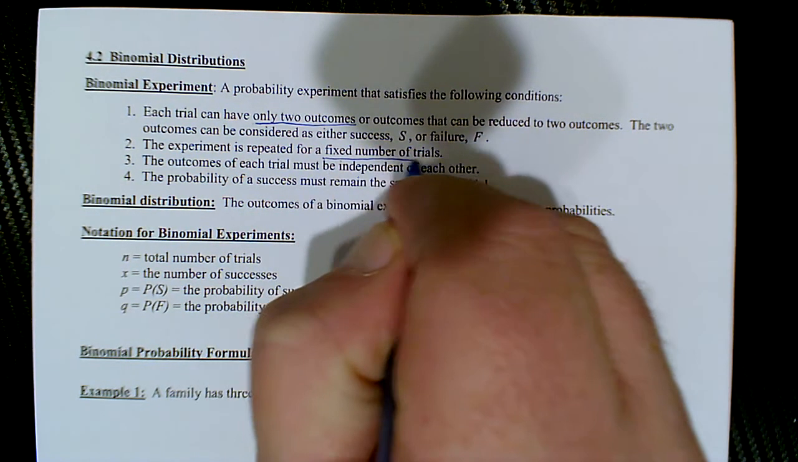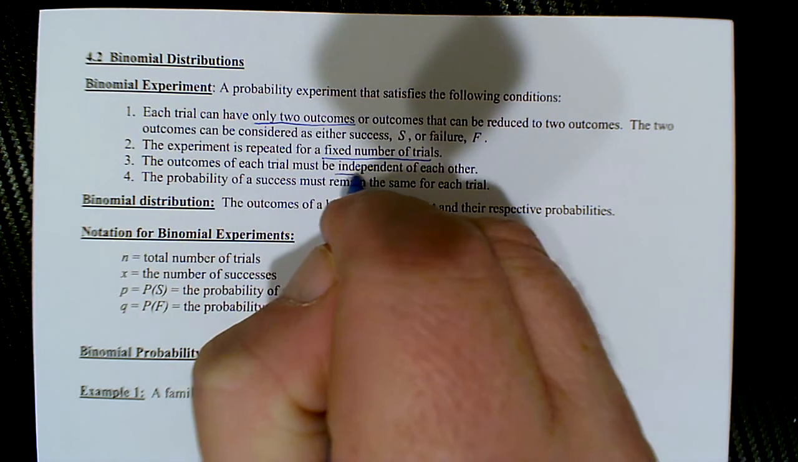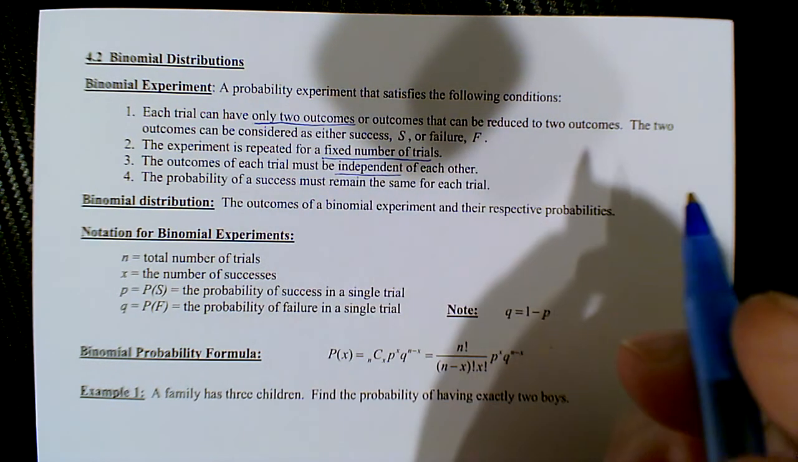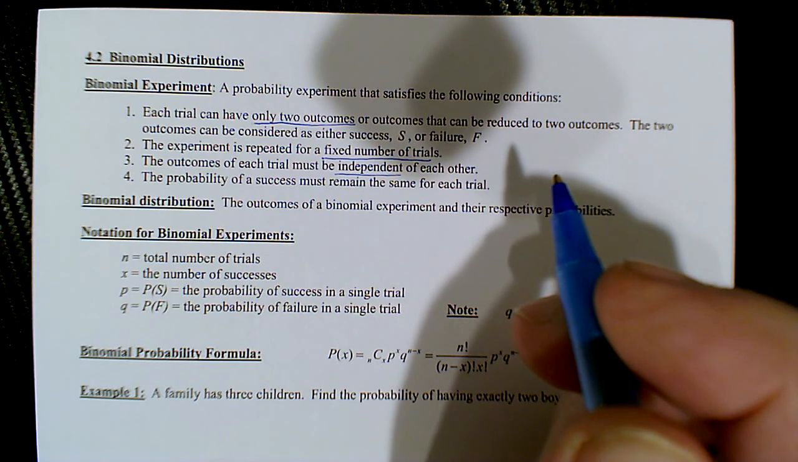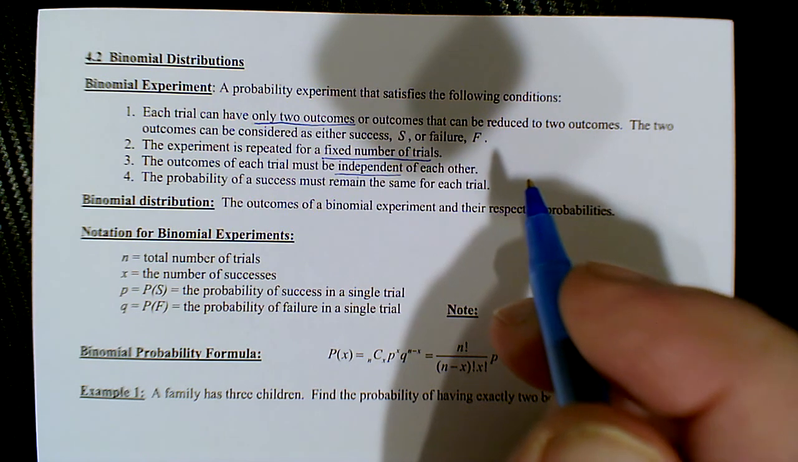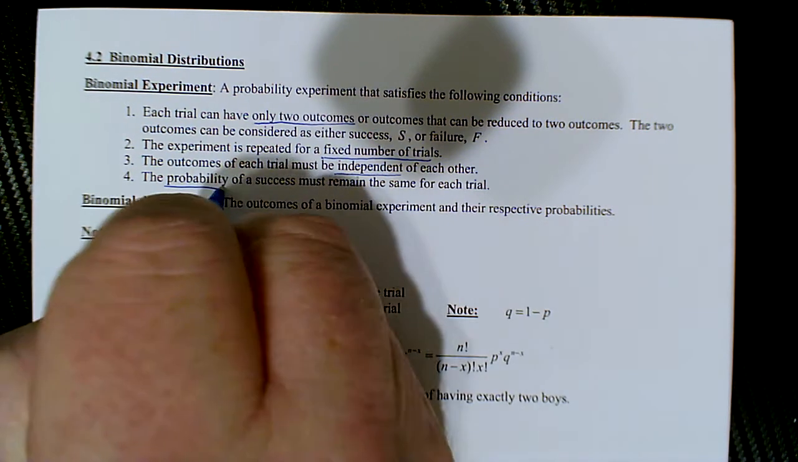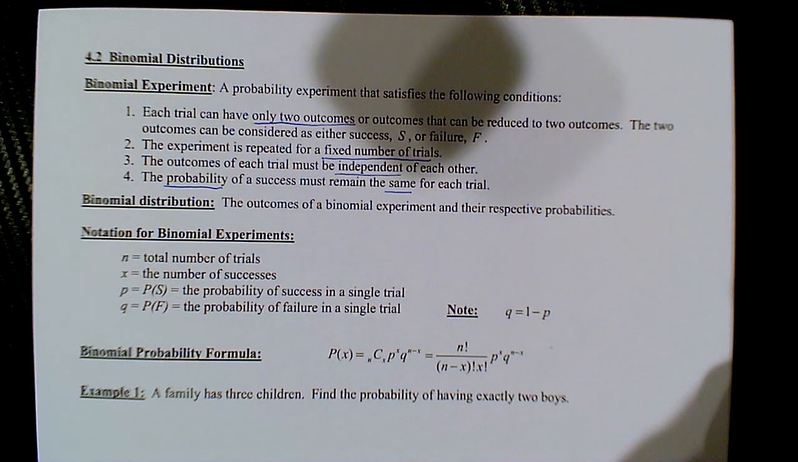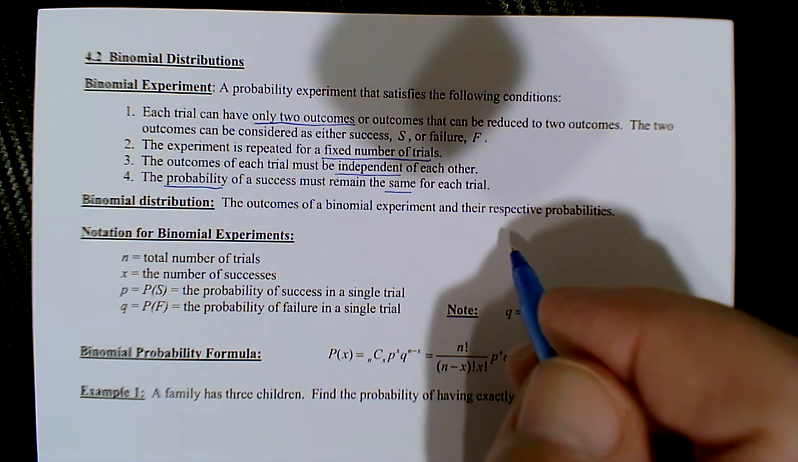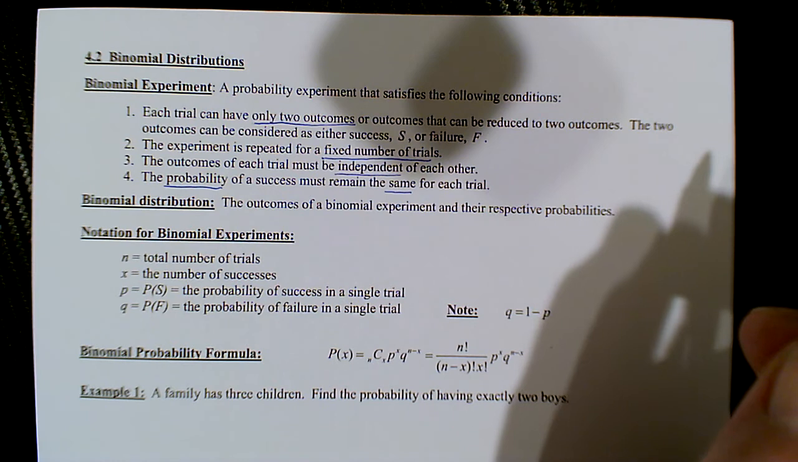So we got two outcomes, fixed number of trials. The trials are independent. Whatever happens in the first does not influence what happens in the second trial. And the probability remains the same for each trial. And the distribution would just be the outcomes and their respective probabilities, just like we did with the discrete distributions